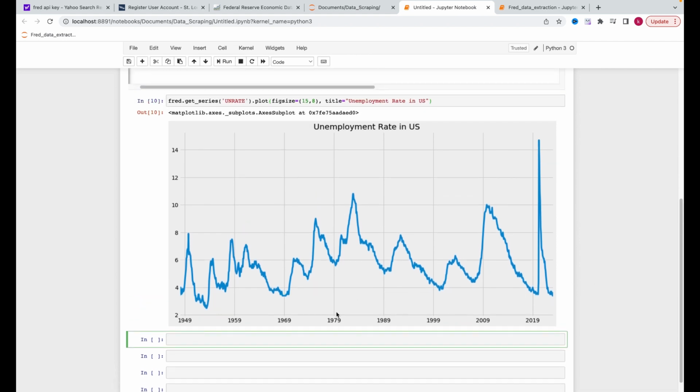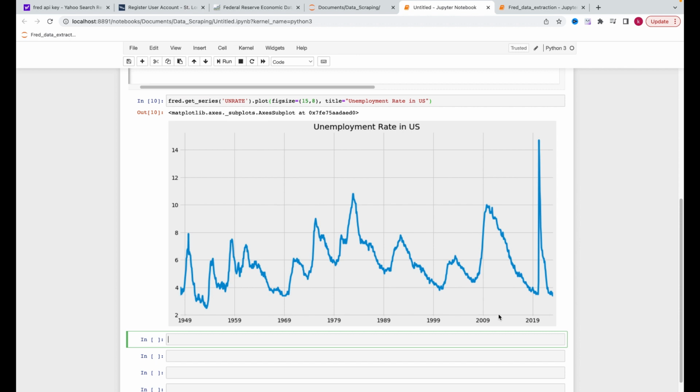Clearly you can see how this is actually. So we have some high unemployment rate here, clearly you can see here in the mid 80s. In the 80s you can see what really happens here. I believe it's a financial crisis in the 80s, and you can see here in